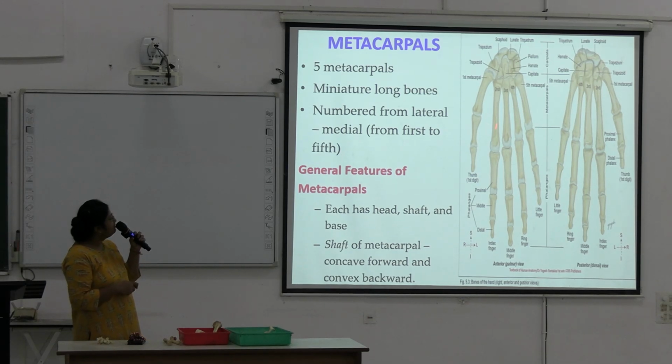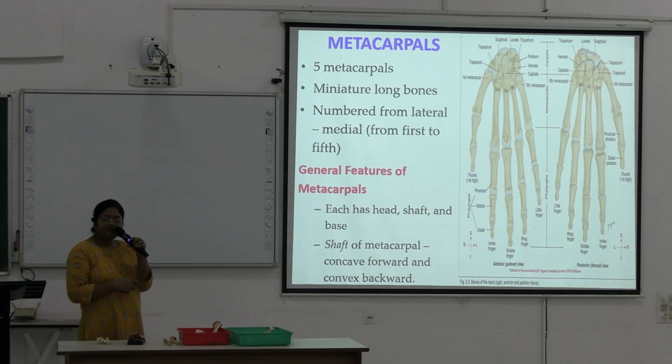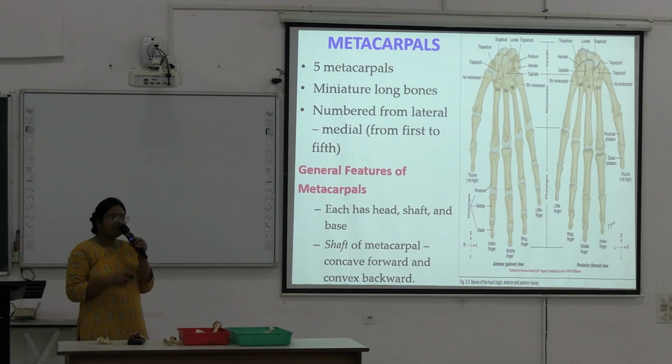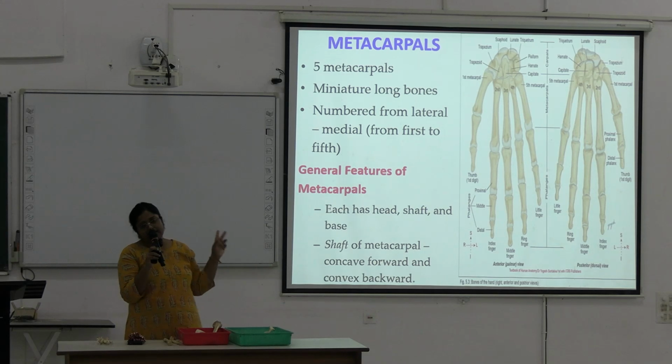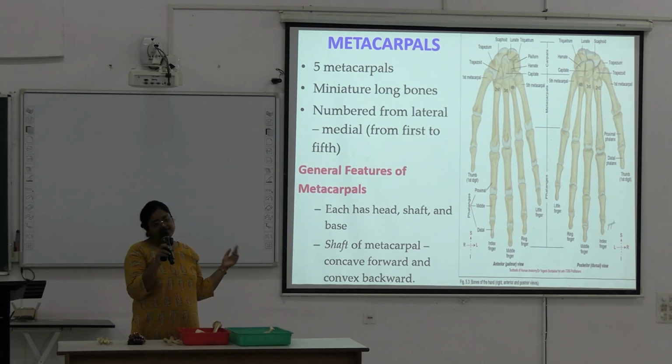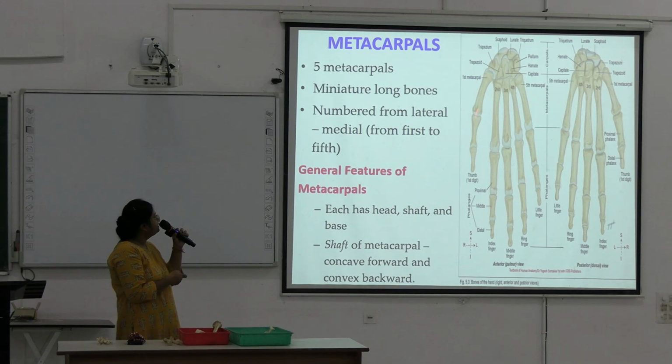See, these are the 5 metacarpals. You can see the first metacarpal is the shortest and stoutest. Stoutest means thick and strong. And you can see the second metacarpal is the longest. An axis of the hand passes through this second metacarpal. In the case of the foot, the axis of the foot passes through the third metatarsal. But for the hand, the axis of the hand passes through this second metacarpal. It is the longest.